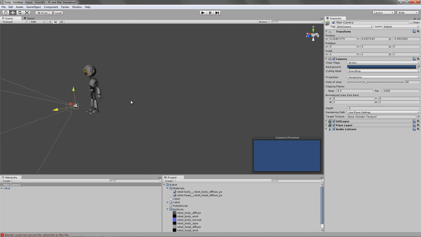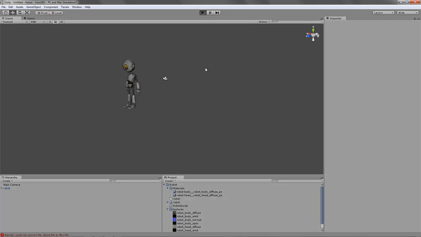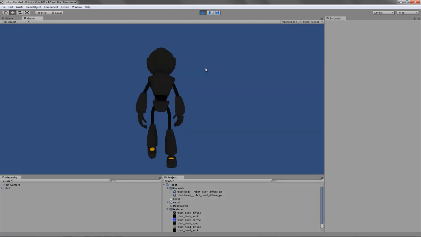There we go. Grab the Z-axis, bring it in, bring it up along the Y. And if we were to go ahead and now just hit play to play our game, we should see the robot walking. So we've got our walk animation set up, and right now our model is actually set to